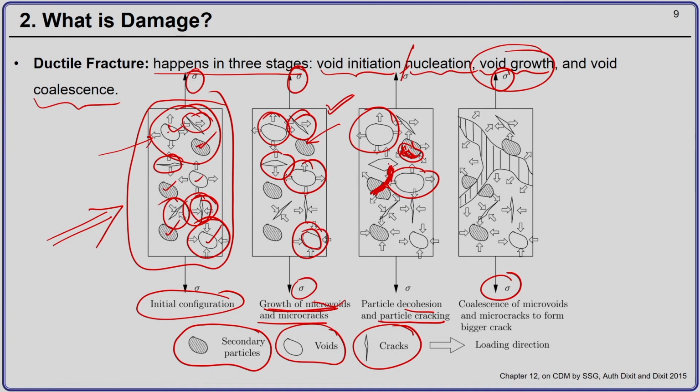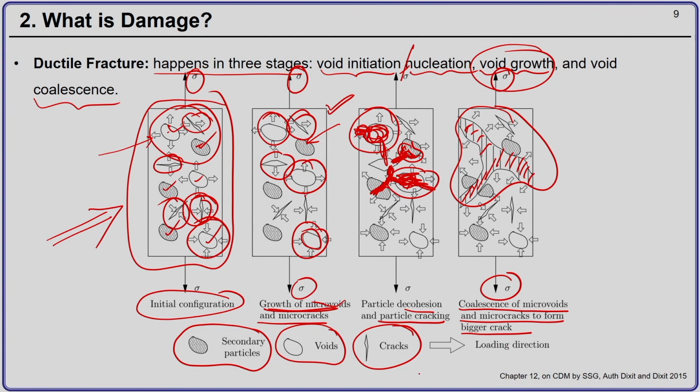cracks, this crack may collide with this decohesion, this crack may collide with this particle crack, it may collide with this particular void, it may collide with this particular void here, and this may grow on this side, leading to a big micro crack. So, the collisions of micro voids and micro cracks lead to the formation of this bigger crack over here, and this is called the macro crack.